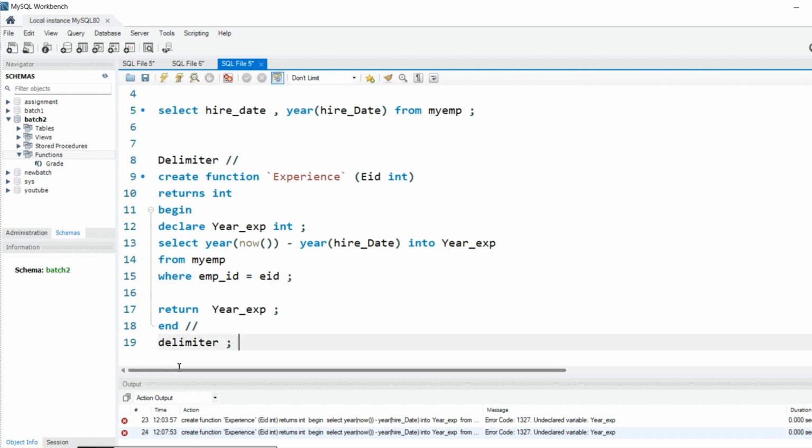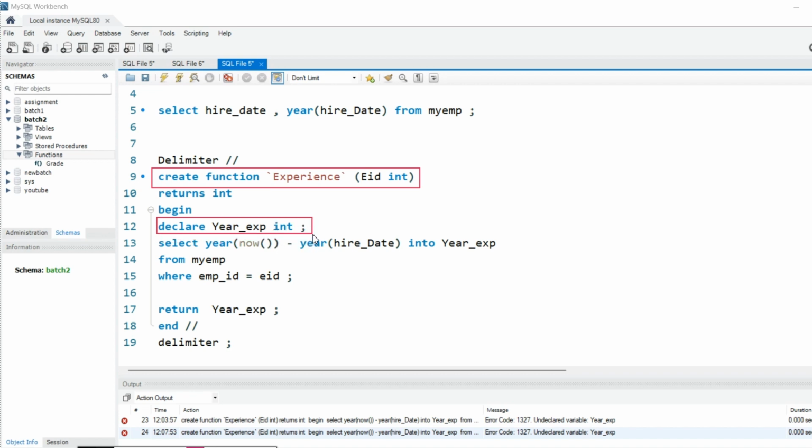Here, first let me show you what I did. I declared the parameter, I set my parameter, then I declared the year of experience. You can use anything, you can choose this as per your choice. Then in the select command, I subtracted the hire date from today, so we can calculate the number of years of experience he has, from which table, employee.